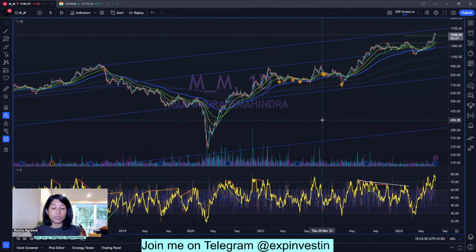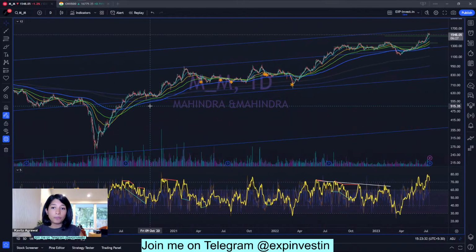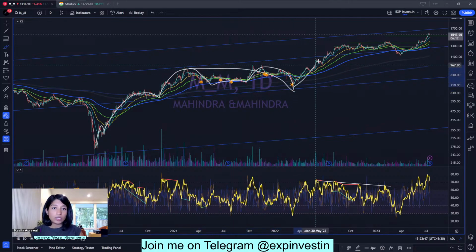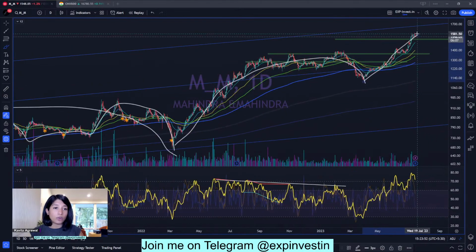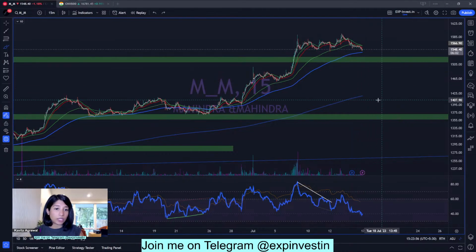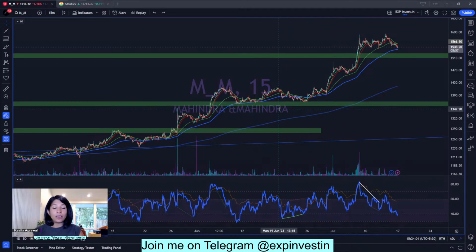And if you take a look at the past price action of Mahindra and Mahindra, what it does is this: it goes up, comes down, goes up, comes down, goes up, comes down, up. So this entire thing is a correction. Here it went up, it came a little bit down. Now it's been going up and it has not come down for a long time. So basis a 15-minute time frame, I can see that there is potential for it to come and retest the 200 EMA of the 75-minute time frame, and that is where I would potentially suggest an entry, if at all, in M&M.